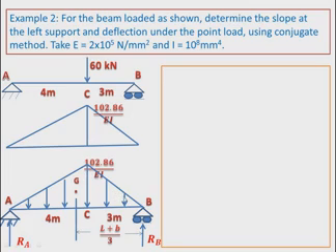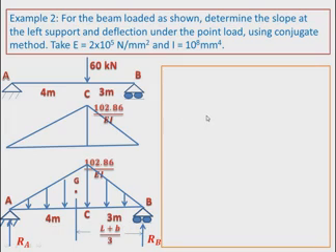So you have to show these arrows like this, and it is an unsymmetric triangle. The CG of the unsymmetric triangle, say it is Z here. From B, the distance of the CG of the unsymmetric triangle will be L plus B by 3. What is L here? 7, B is 3 meter. Suppose if you want from A, it will be L plus A by 3, that is L will be 7, A will be 4.